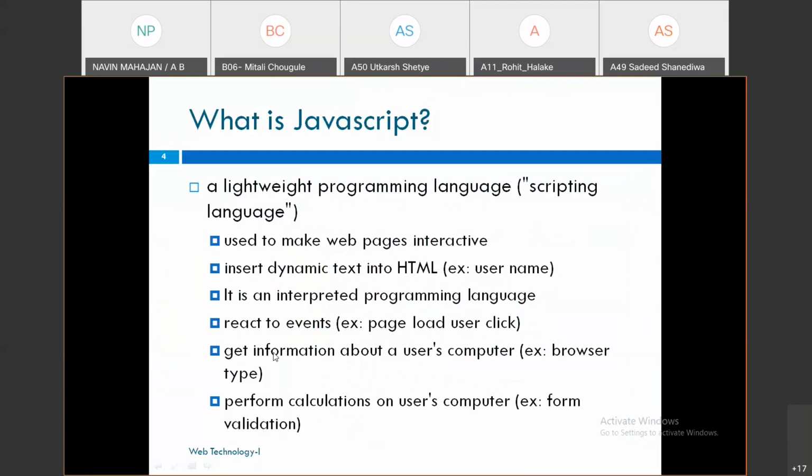Next one, get the information about the user's computer. Suppose you have already seen that on some web pages they show you are visiting the page by using a particular मोबाईल डिव्हाइसेस. आपण पर्टिक्युलर मोबाईल डिव्हाइस वर व्हिजिट केलं तर तुम्ही नंबर ऑफ वेबसाईट वरती चेक केलं असेल तिला की यू आर व्हिजिटिंग